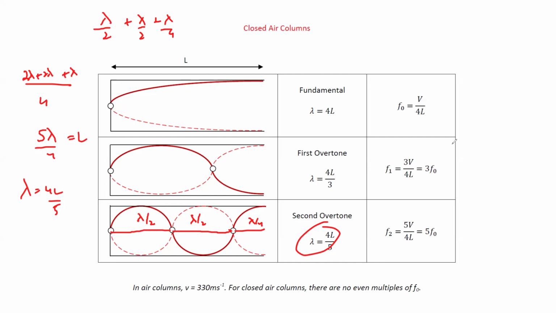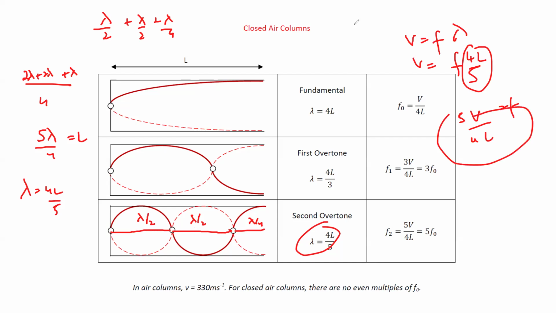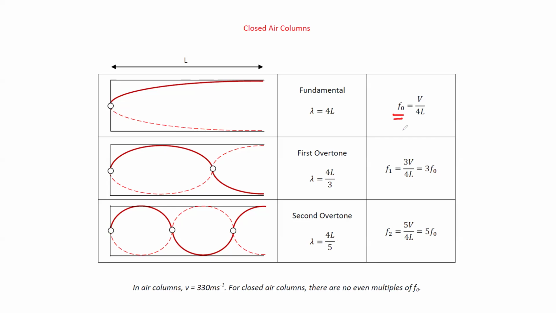If you need the frequency, v equals f lambda. So in that case, it will be 4L by 5. So if we need f, it will be v over (4L by 5), that is, v into 5 divided by 4L. So in short, if we say the frequency for the first harmonic is f naught, the frequency